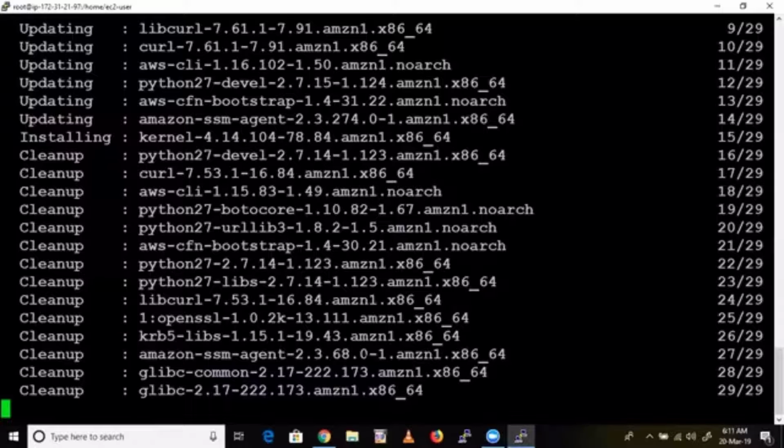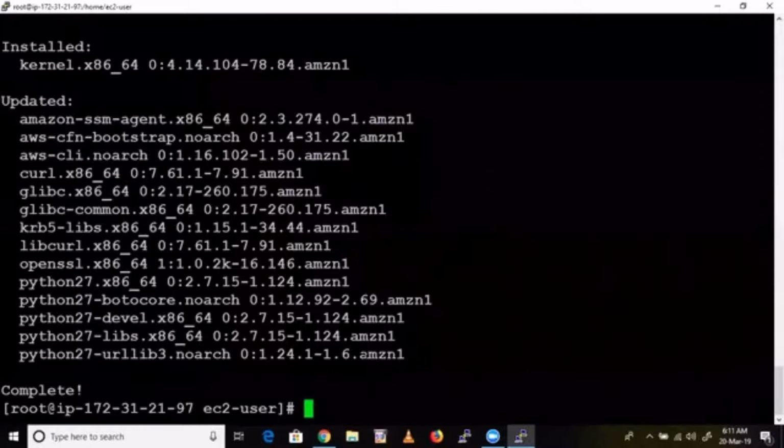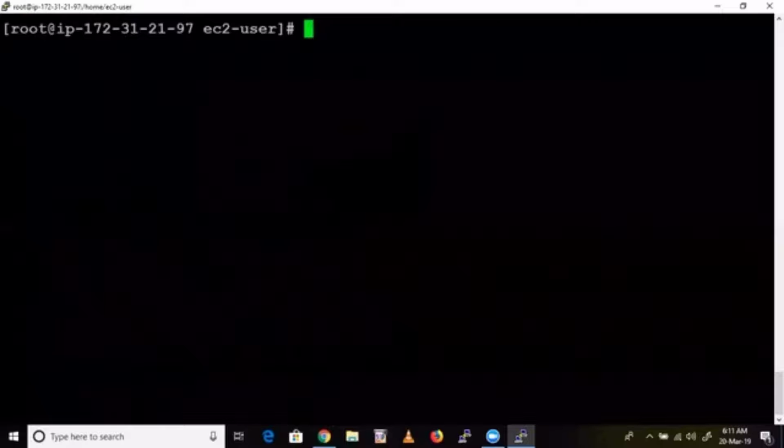Actually, we have taken an Amazon machine which already has Docker inside it. So that's why we haven't installed Docker. Did I share that link in your WhatsApp, how to download Docker from the internet? No, right? Okay, today I'll share. Fine.